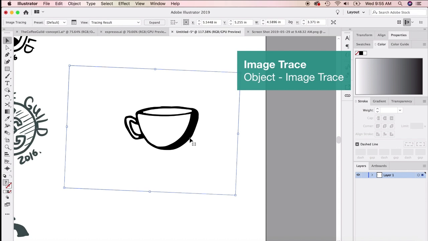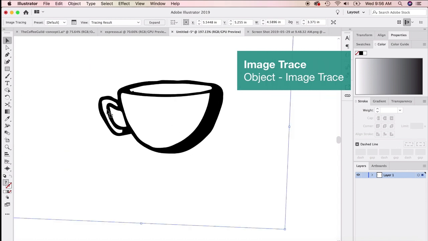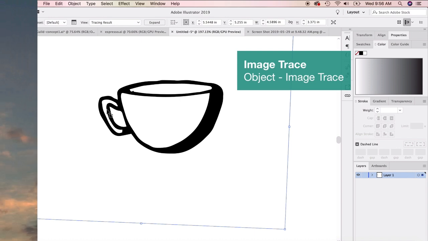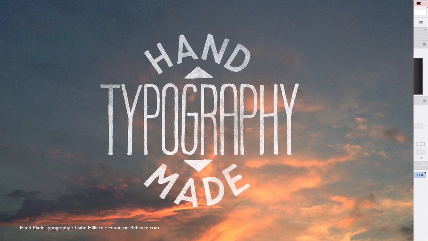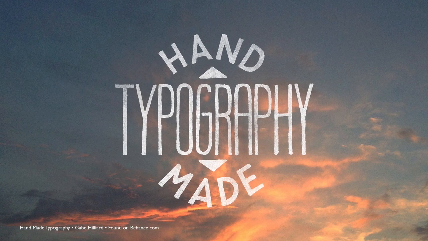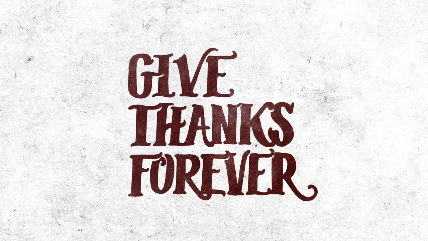If you were a graphic designer a couple of years ago, before they came out with Image Trace, everybody had to hand trace with the pen tool all these custom illustrations, and they lose this custom brushwork that you did. And this is great for custom typography. If you really like to hand draw this amazing typography and you want it to keep that really raw sketched look and feel, this is a great way to do it, to bring that in and do an Image Trace,